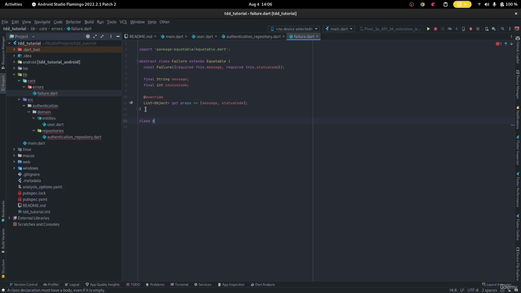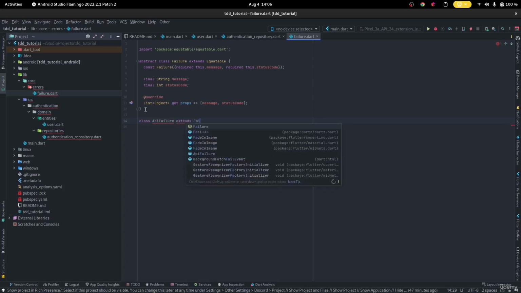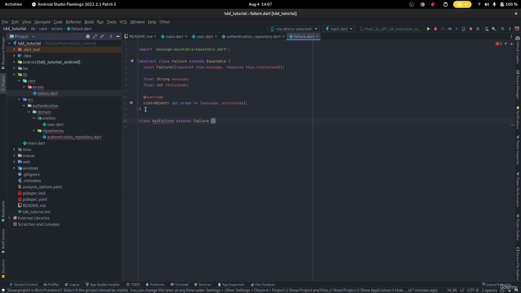In this case, we're using an API. I'm going to call that an API failure so that we know that it came from the API, and that will extend Failure. In here we can have a constant ApiFailure, and it will require super.message. So it simply takes the same thing that the superclass takes,